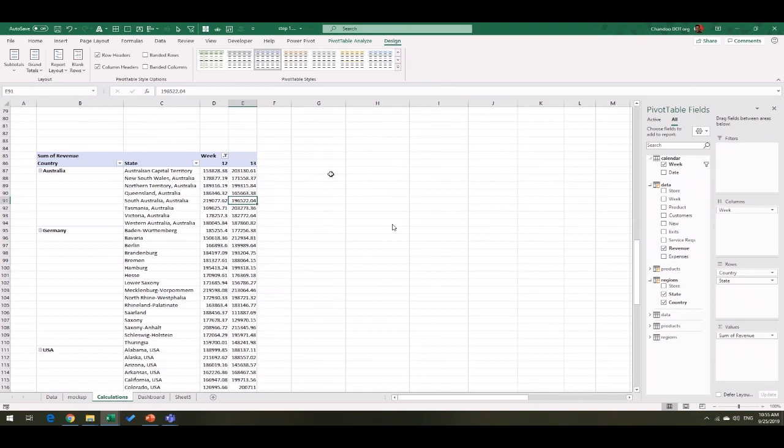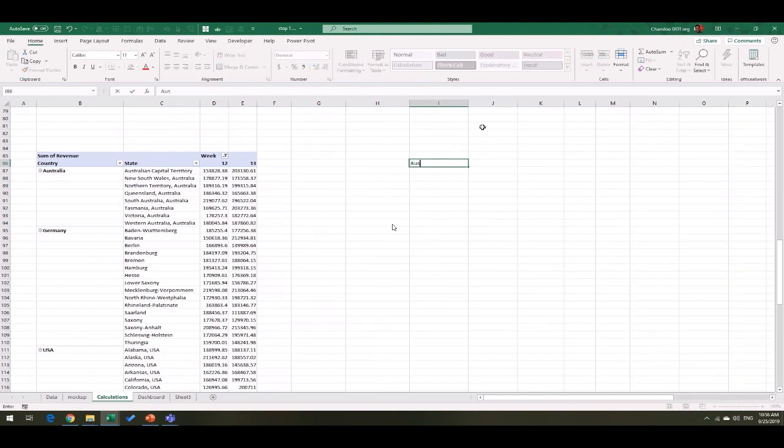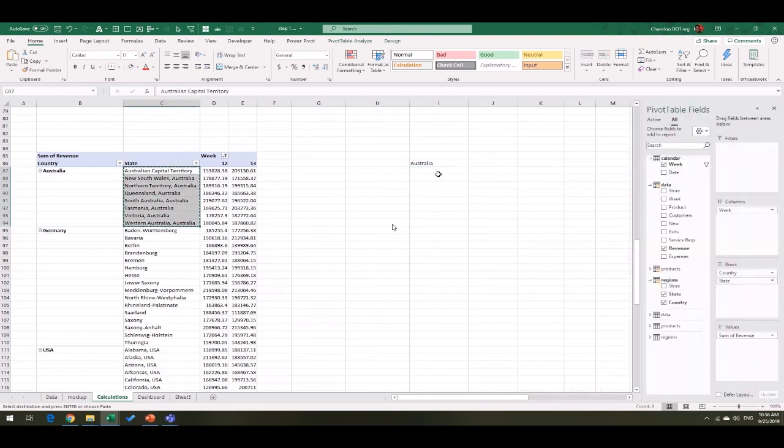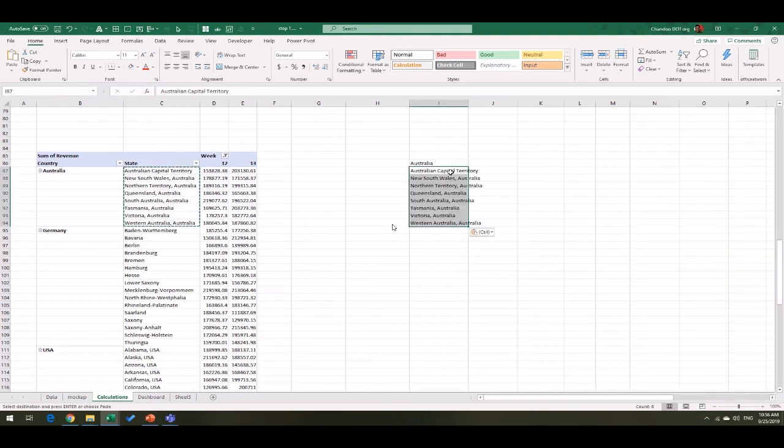And then we can take the values. We'll start with Australia. The Australian values. Oh, sorry, I meant to do the link. And then, so I'll move it here. That's the state. And then percentage change is,